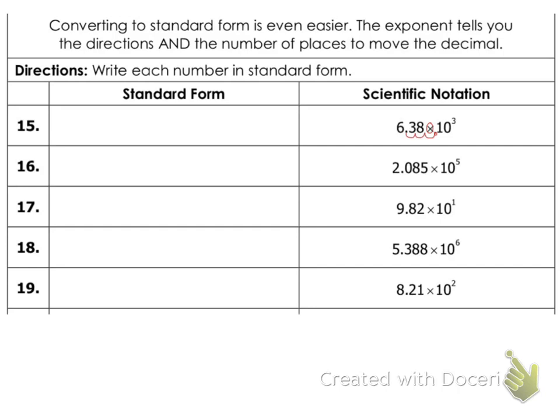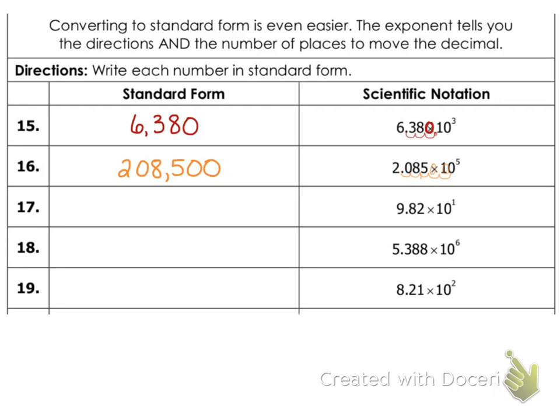Notice that I filled in here, kind of looks like I was circling the times sign, but I filled in here, we needed a placeholder 0. So 6.38 times 10 to the third is equivalent to 6,380. For number 16, we're multiplying times 10 to the fifth, so that's going to move the decimal point 5 times to the right. We'll need to add 2 placeholder zeros, and so that is equivalent to